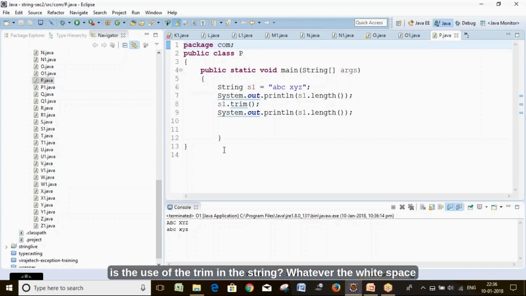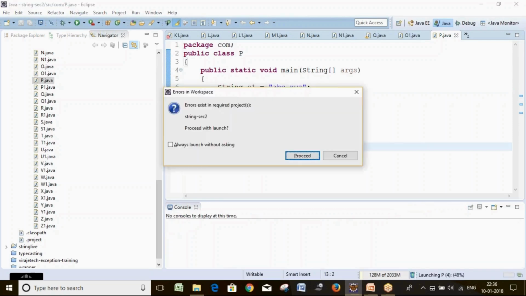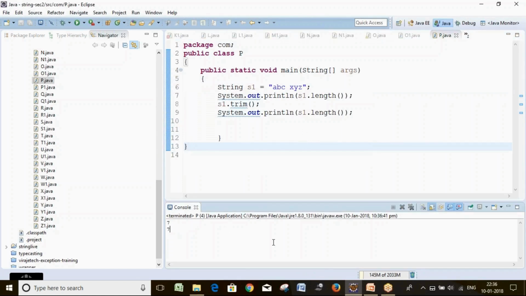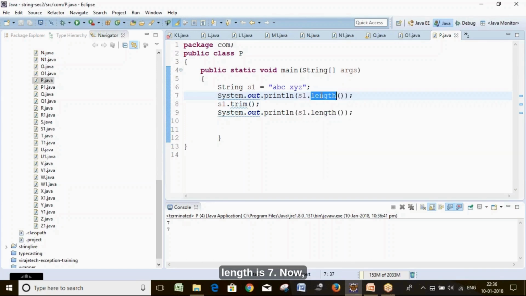Trim. What is the use of trim in the string? Whatever white spaces are there, see here, white spaces are there, so this particular string got trimmed. s1.length as of now is 7.